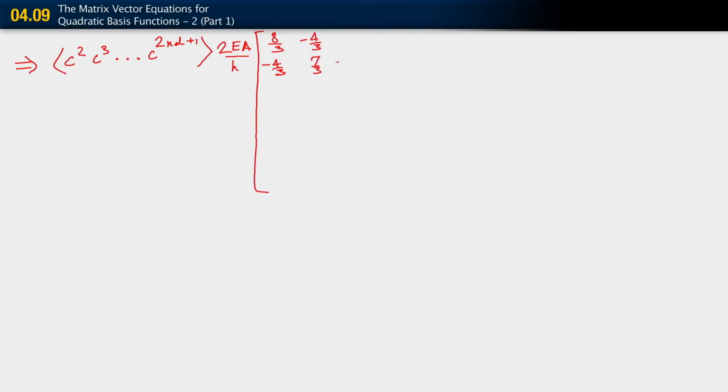Seven over 3 minus 4 over 3, 1 over 6, minus 4 over 3, 8 over 3, minus 4 over 3, and here I get 1 over 6, minus 4 over 3, 7 over 3. Continuing on, I'll get terms of this type. Okay? I'm not going to write the rest of this matrix below here, but essentially indicate that it continues until we end up here at